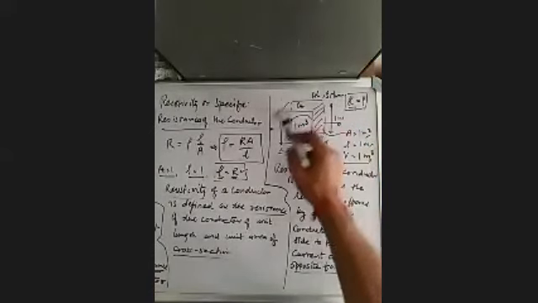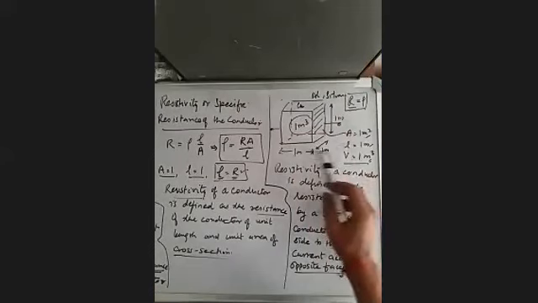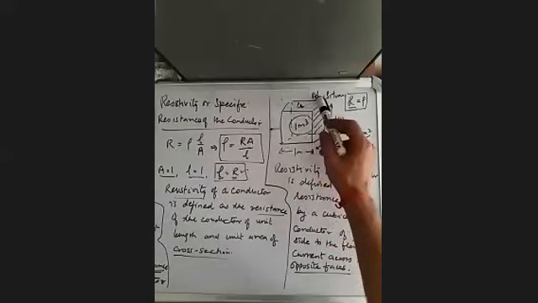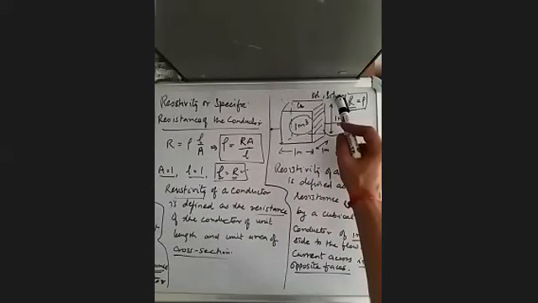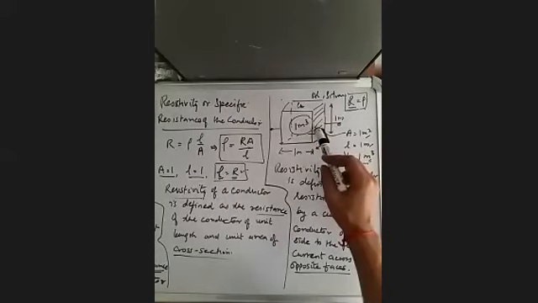The rest everything is same. So dimension is same. Each side is 1 meter. Area of section is 1 meter square. Volume is 1 meter cube. So everything else is same. Temperature is same. Only the nature of the material of which it is made is different. And because of this difference, there is a difference in resistance. And that resistance is called its resistivity because now resistance of this cube depends only on the nature, because dimensions have become common. So this is called the resistivity of this material of the conductor.